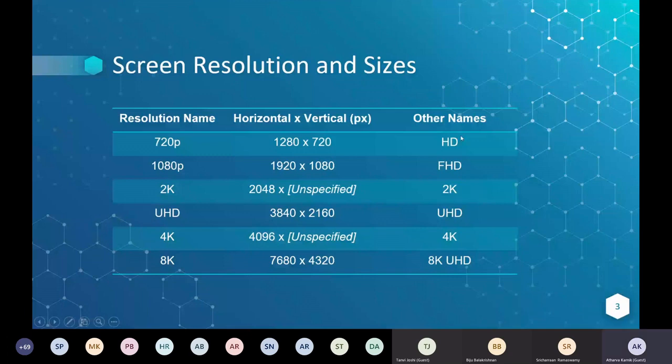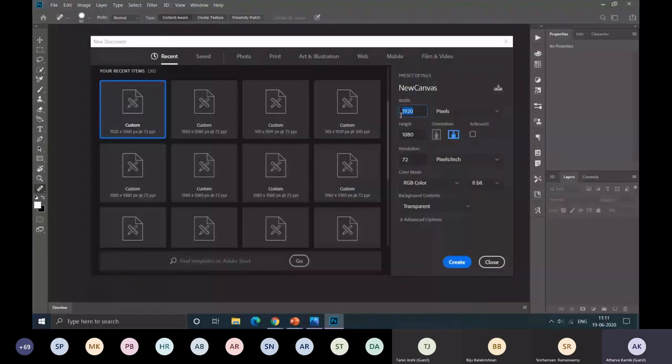So we'll just proceed with the full HD dimension, that is 1920 by 1080, and the orientation will be horizontal. Here you can specify the resolution of your canvas. If you're going to print the canvas afterwards, you might want to go with a higher resolution like 150, 200, or 300. But for just web and computer graphics purposes, 72 is okay. So the size of the canvas is reduced. The next is color mode, that is RGB color mode, CMYK, grayscale, and all that.